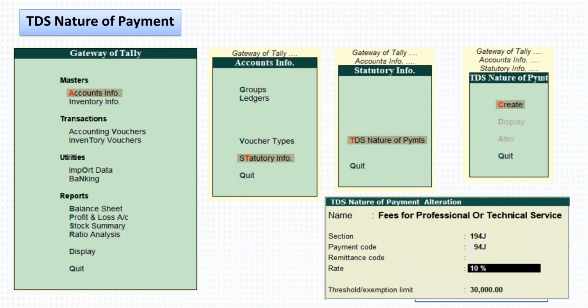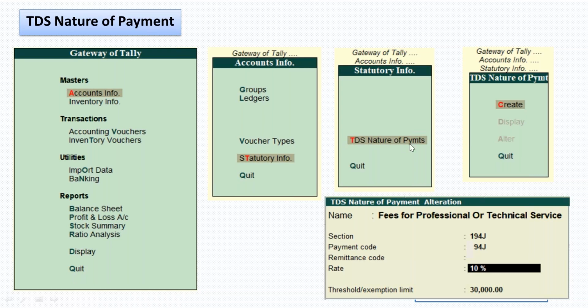After 14th May 2020, there is a 25% relief given by the government, where if the applicable rate of TDS is 10%, then only 7.5% can be deducted, and it will be treated as good compliance. So we can go to the account information and the statutory info under that.